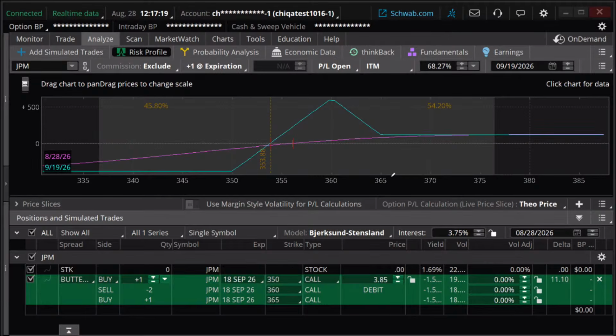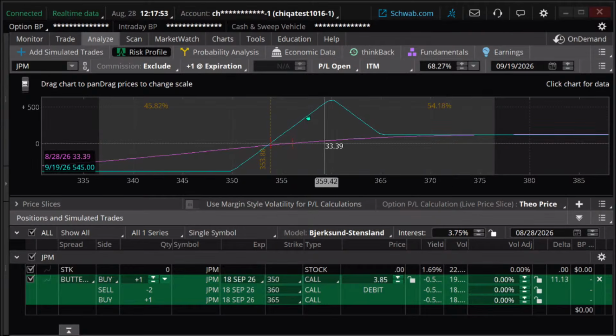We said we want it to be good even if it goes down a little bit. Here, our break even's around 353. And then on the high side, hey, it can go up as high as it wants. We're not making a ton of money here in this situation up there, but we're making something at least. So we've skewed that bullish in this case here. So that gain up there looks like it's about $115 if it goes up past. So if I'm super bullish, maybe it's not the trade for me.